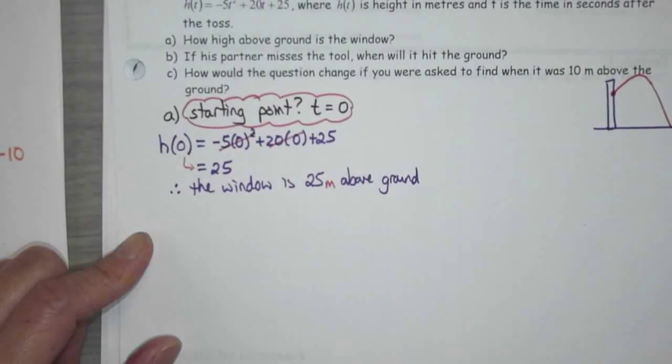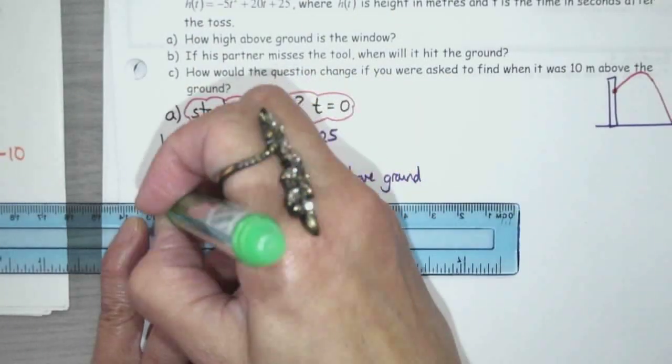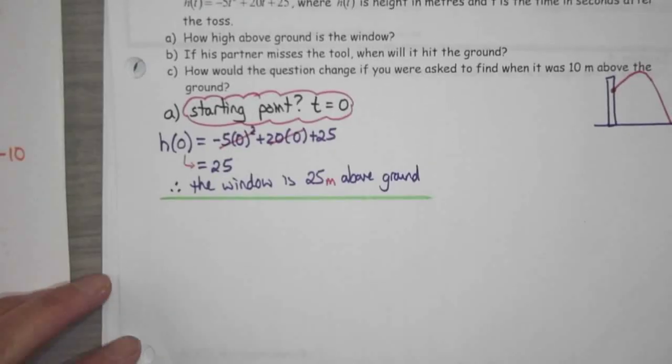There you go. Okay, so that's one. So we're done that one, and then we're going to move on to the next question. So B. For B, I'm putting lines just so you can see where my questions turn in. You don't have to be this neat. It's just for my notes for you. Okay, so for B,